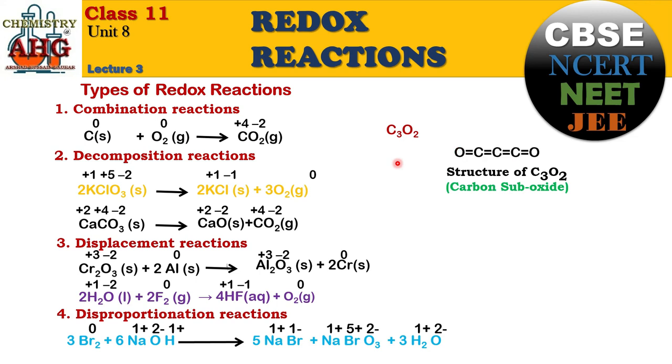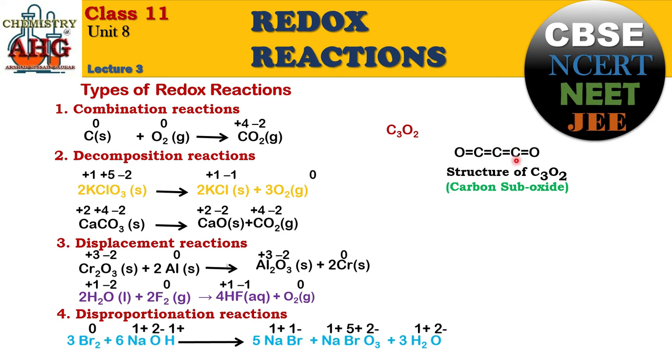This is the structure of carbon suboxide. Look at this carbon. This carbon on both sides is bonded to carbon. So this carbon would not have any charge. Why not? Because this carbon is attracting electrons from the carbon atom, so both carbons will attract electrons with equal force. So neither will any charge be developed on this carbon or on this carbon with respect to this bond. So remember, the oxidation state of this carbon is 0.